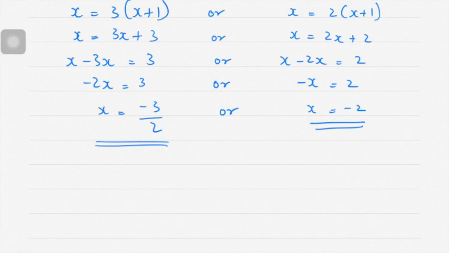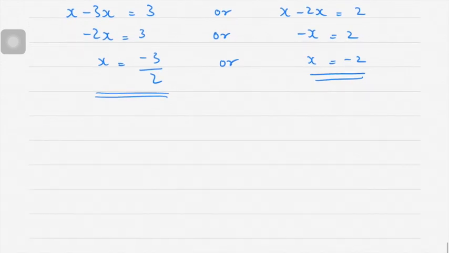Okay. Now let's solve the next question. Question number 51. Solve the following equation. 2 root 5 x square minus 3x minus root 5 is equal to 0. This is in the form of ax square minus bx minus c is equal to 0, or ax square plus bx plus c is equal to 0. This is in that form only. Okay, so I'll multiply